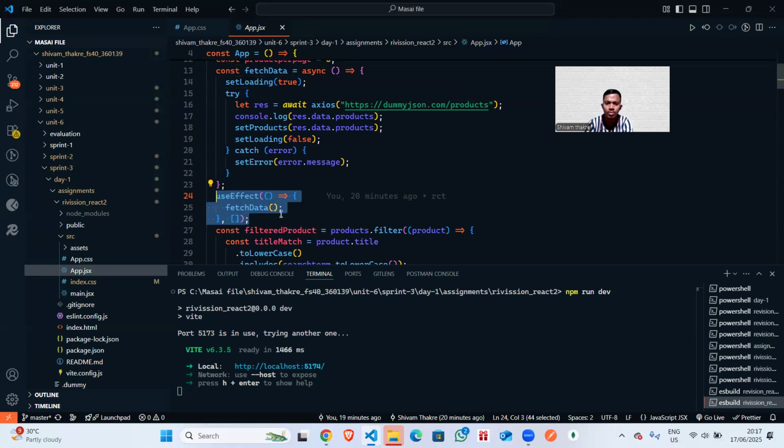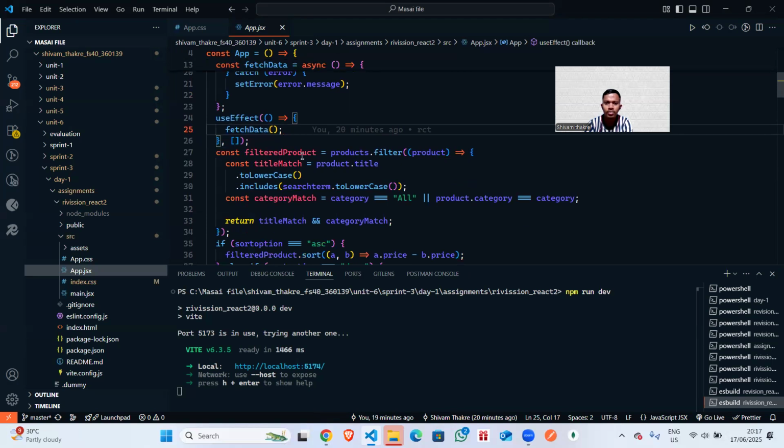With the help of useEffect, we fetch the data and then filter the products. We filter by title and by category. Product dot title dot toLowerCase, so it is case insensitive, dot includes search term, which is the input we give from the system, and category equal to all, else product dot category is equal to category.